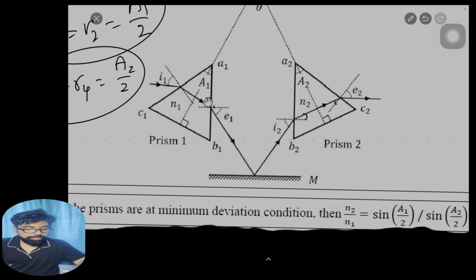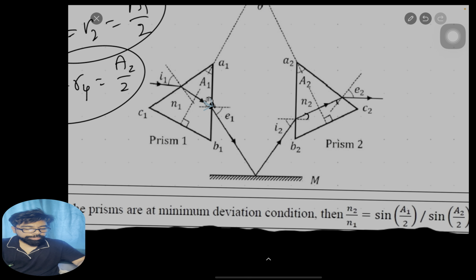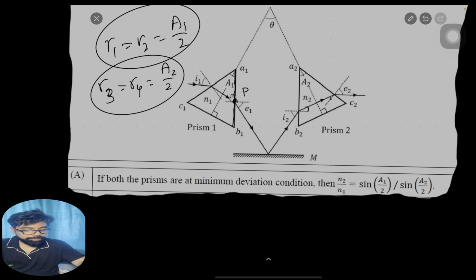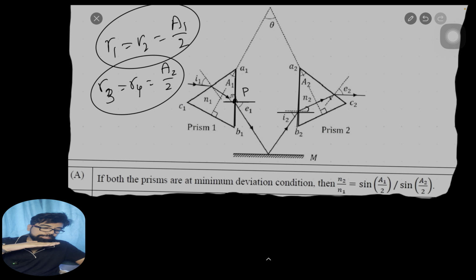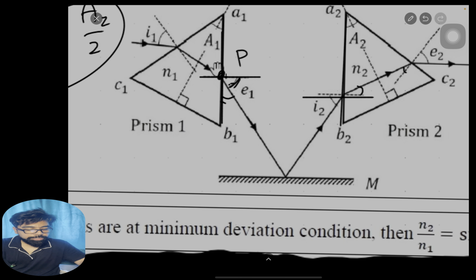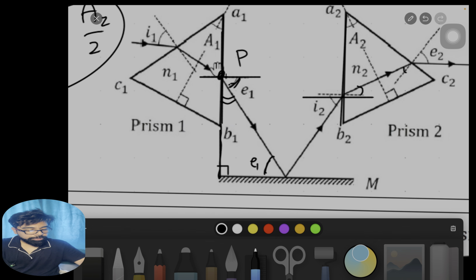Understood? Now let me call this point P. It is also given that the A1 B1 side and A2 B2 side are parallel, and the normal drawn is parallel to the x-axis. That means the perpendicular is the x-axis, so A1 B1 and A2 B2 will be parallel to the y-axis. If this angle is E1, then this other angle is going to be 90 minus E1. If I extend this line, this is 90, so this angle will be E1. And if I draw the normal here,